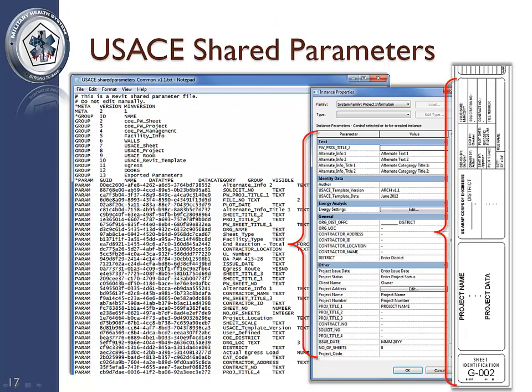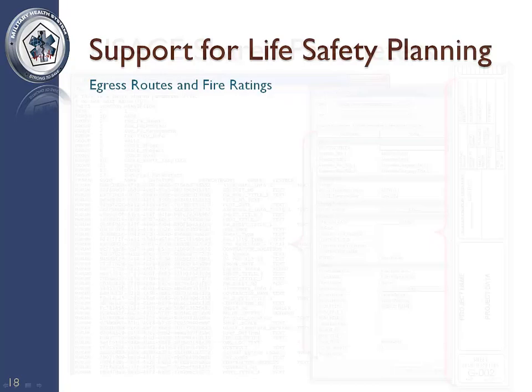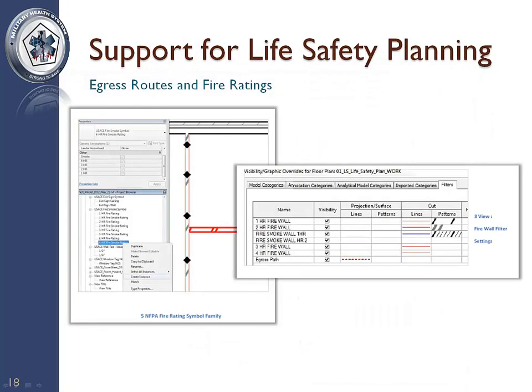A text file that defines shared parameters is included in the template. It contains project, sheet, egress, area, doors, rooms, walls, and window parameters. These shared parameters are affiliated with the Revit project information category and are attached to the cover as well as other sheets. The template also provides drawing symbols, wall types, view filters, schedules, and workflow procedures for creating the life safety